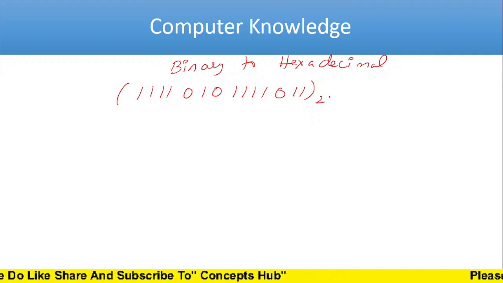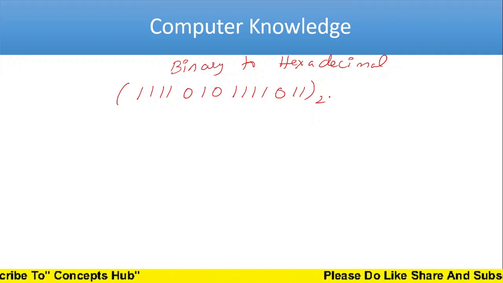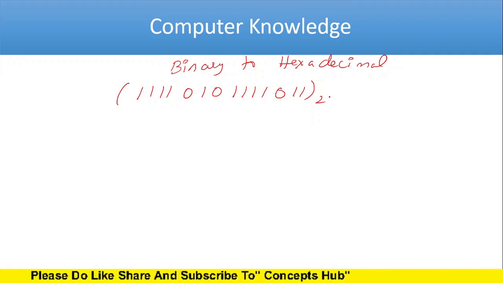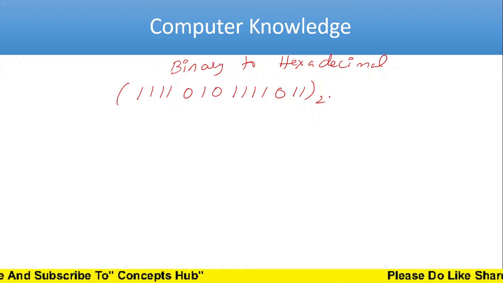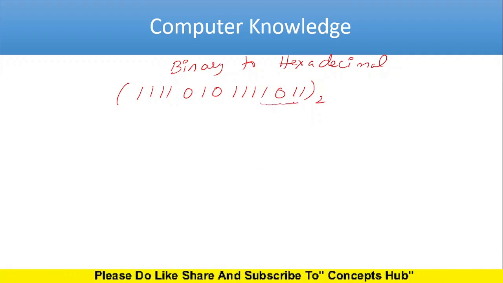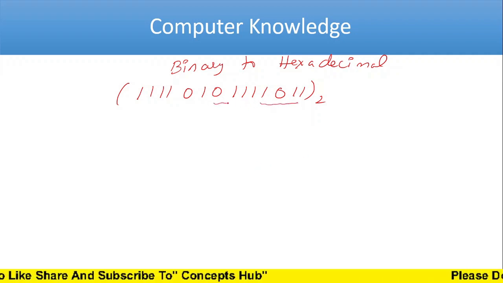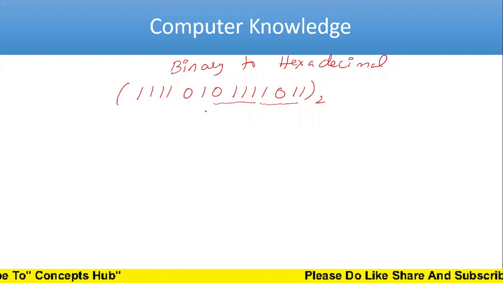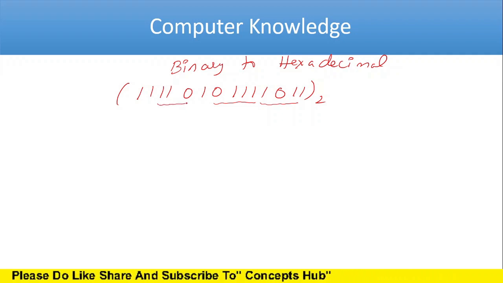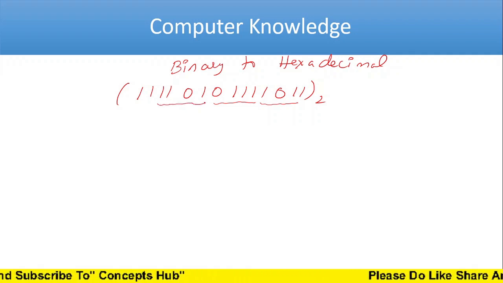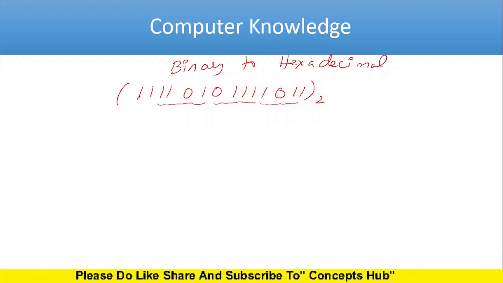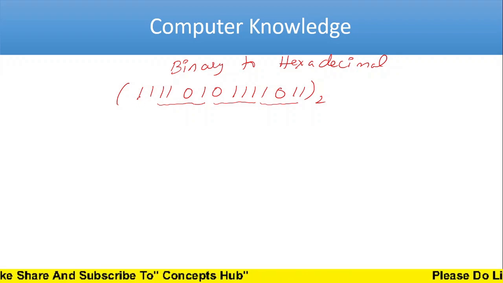So in binary, you will see a 0 and 1 combination which has base 2. Now when you are solving for hexadecimal, what you need to do is take bits of 4. This is 4 bits, and this is 4 bits, and this is 4 bits. Okay, you are left with 2, right? So what you'll do is add 2 zeros to the left of this.